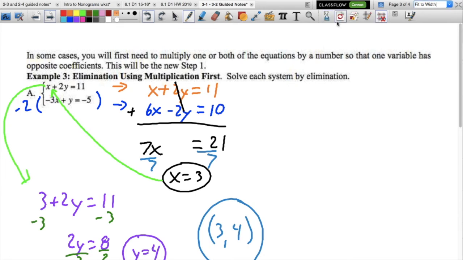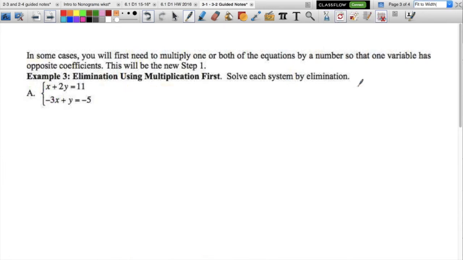Let's go. Okay, so ladies and gentlemen, I'm going to try a couple with elimination, and you might have to use some multiplication first, right? You hopefully remember doing this. Yeah, for example,